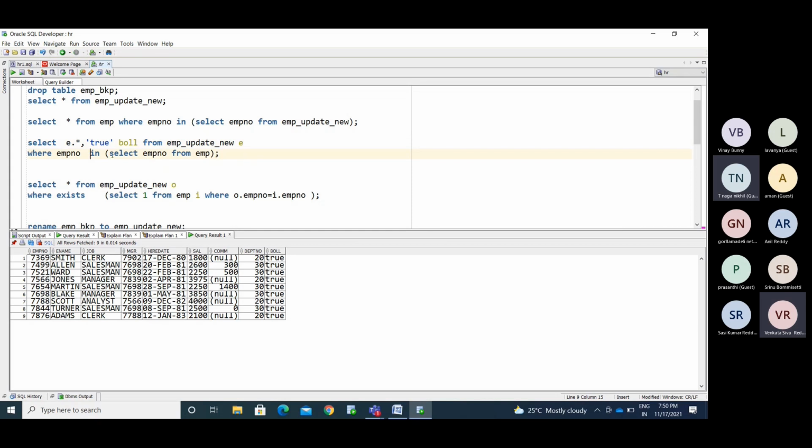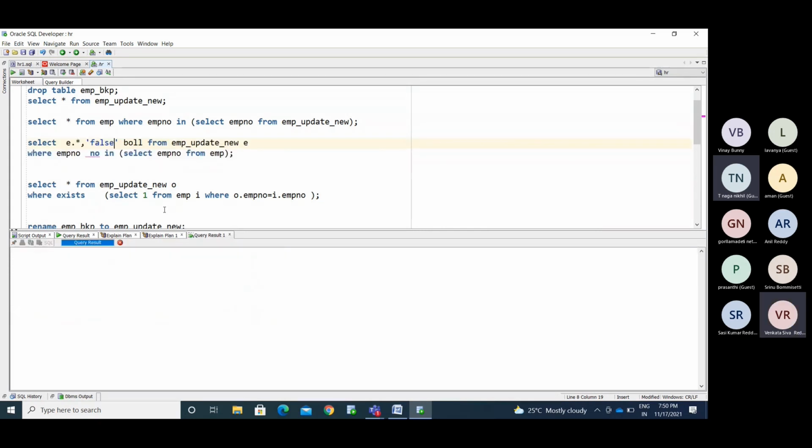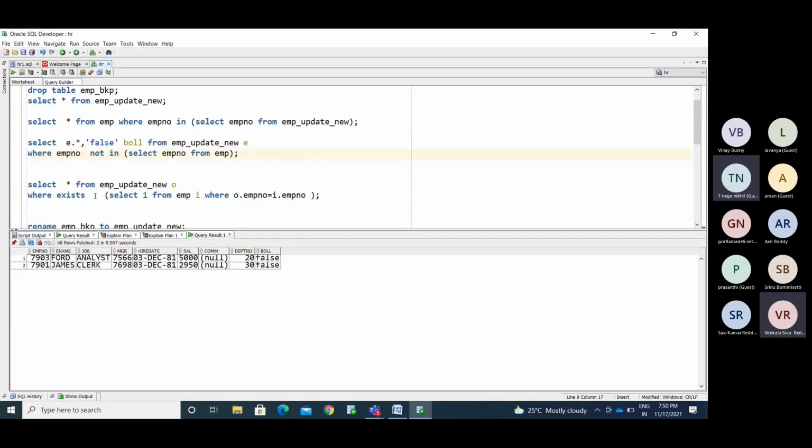For those it displays the false value. Okay. It clubs the two results. True values will be put on the upside, false values will be put on the downside. If you are using EXISTS, it fetches all the true values. If you are using NOT EXISTS,